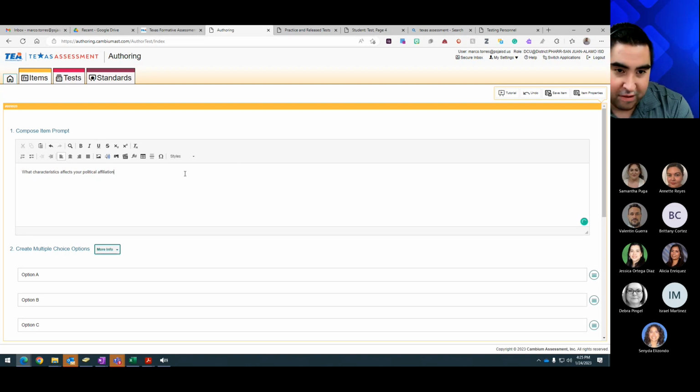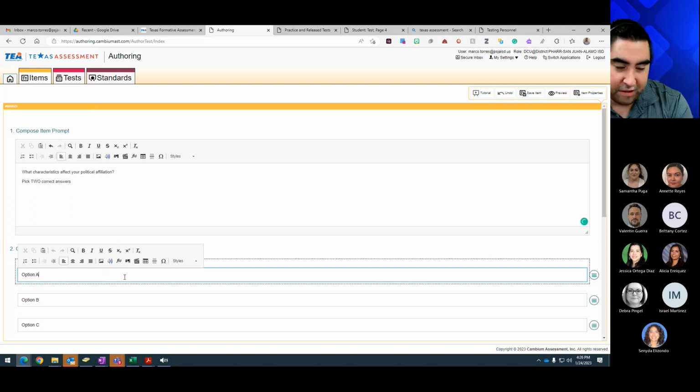So what I mean by this question is, what is it in life that affects which political party you lean toward? So the important thing is, not only do I have a question, I'm actually going to phrase it just like the test. It's going to say pick, and then in caps it says 2 correct answers. So these are the answer